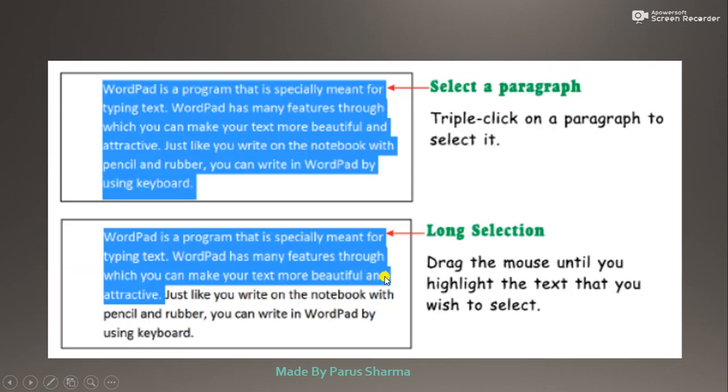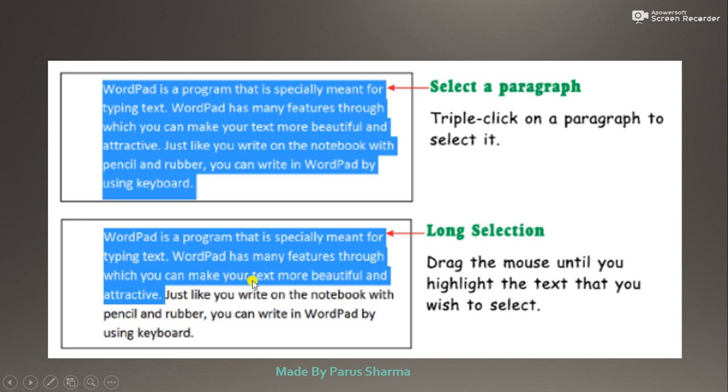Next, if you want to select a paragraph, you have to triple click on the paragraph. You can place your cursor anywhere, like here or anywhere, and triple click. It will select your paragraph.